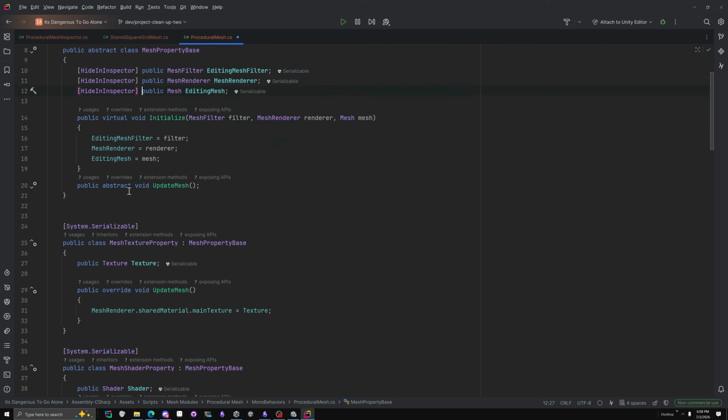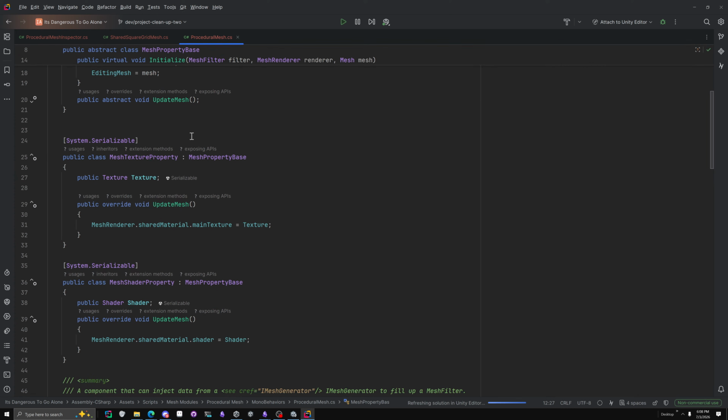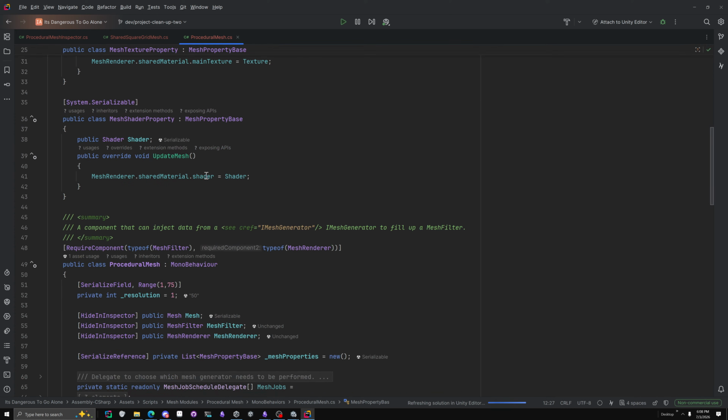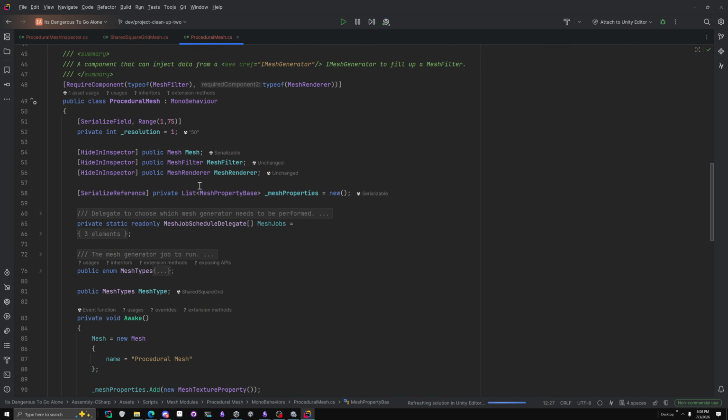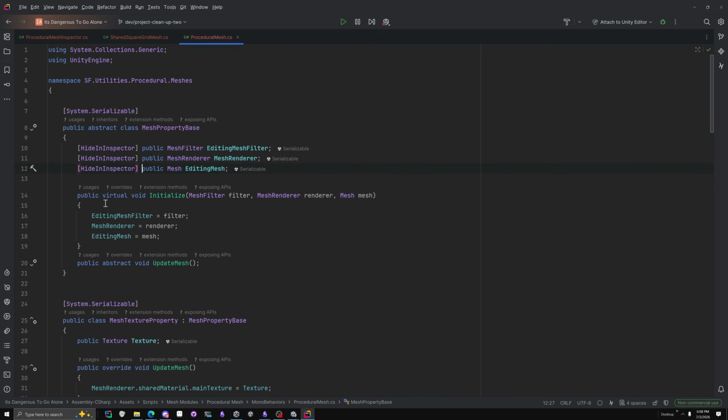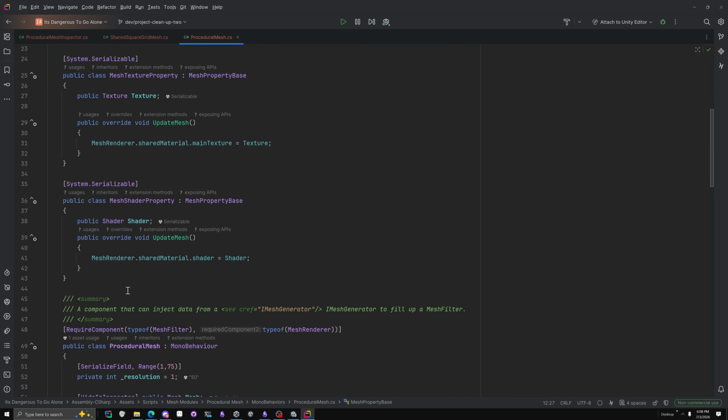We don't need to see those in the inspector. We need them serialized, but we don't need to see them. Also, for the shader part, I was right. You can actually